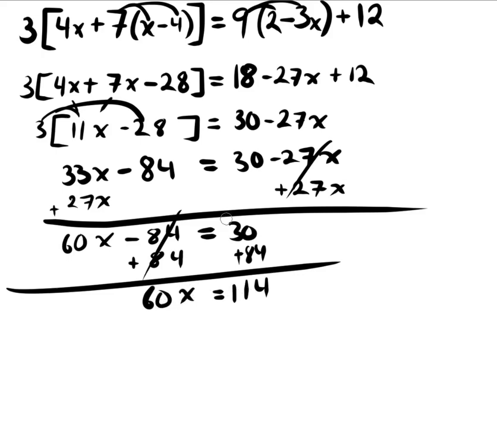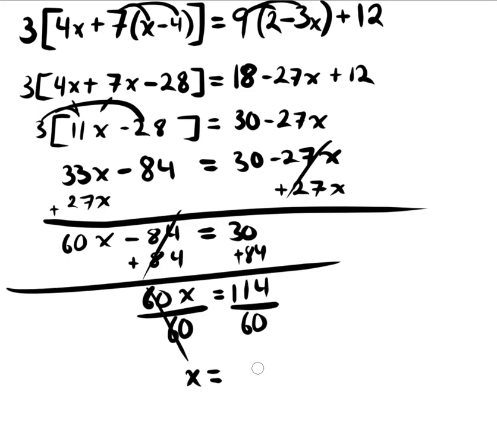And I am almost done. Hopefully you were able to do the Big Mama Jama by yourself. But if you weren't, I hope you figure out where you went wrong in the process. So in this case, I'm going to divide by 60. And divide this also by 60, because currently x is being multiplied times 60, so I want those to cancel out. And I end up with x is equal to